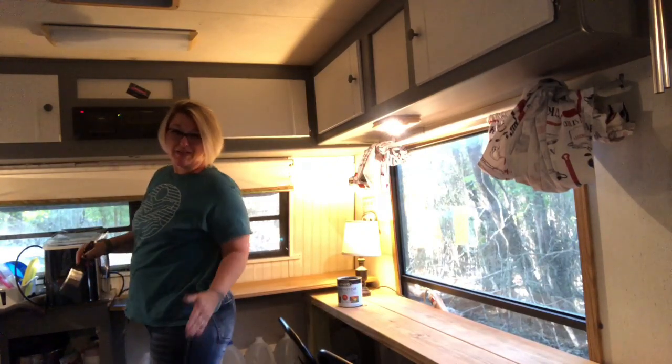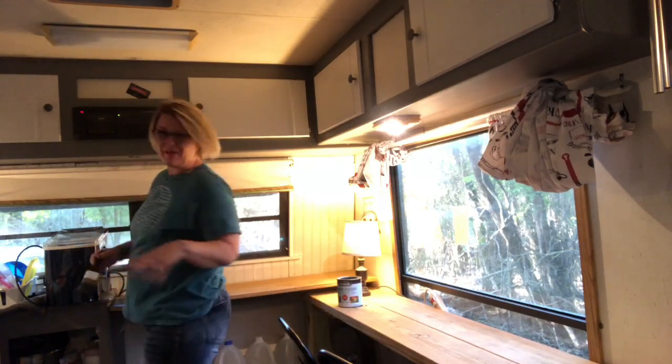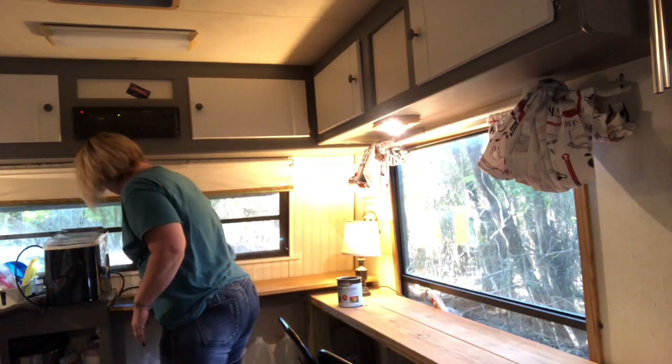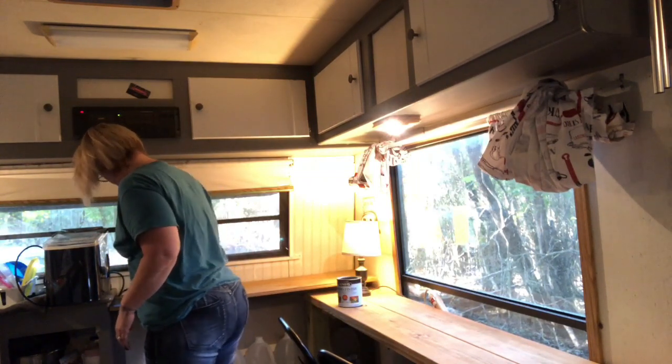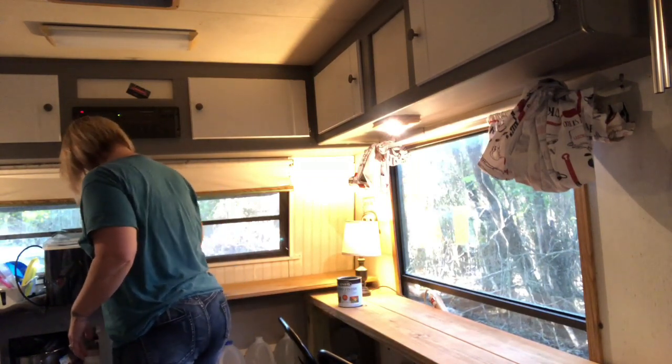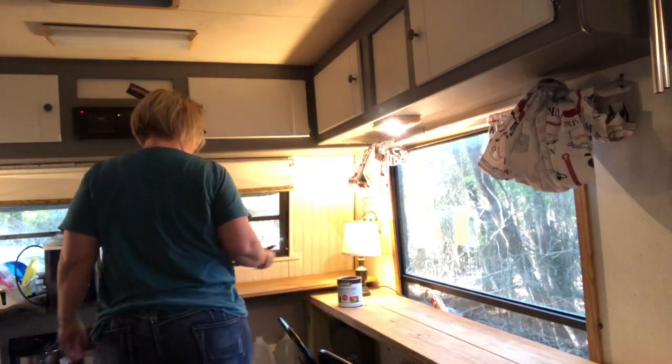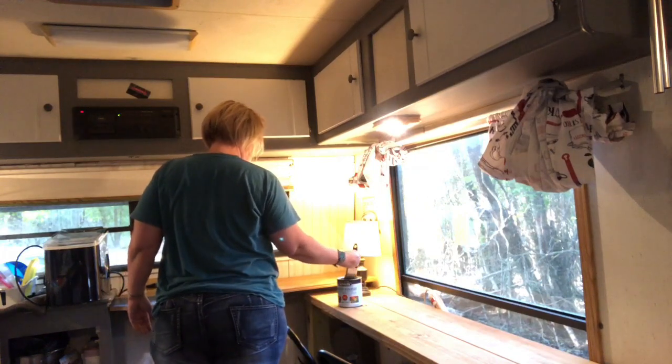The counter that's going to be covered by a lot of things, because I want to see what the distribution is. Yeah, it's definitely a lot thicker than I thought it would be. I thought it was going to be more of a transparent